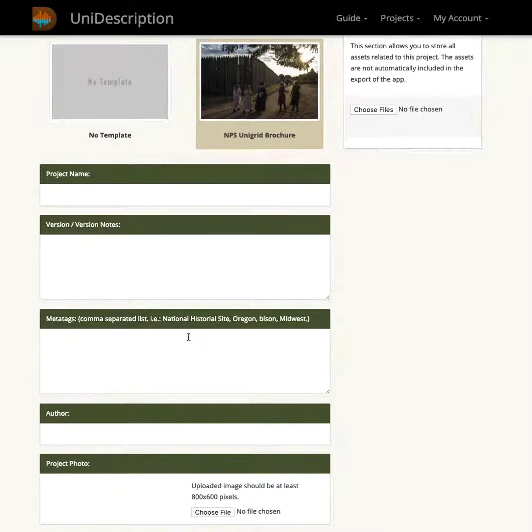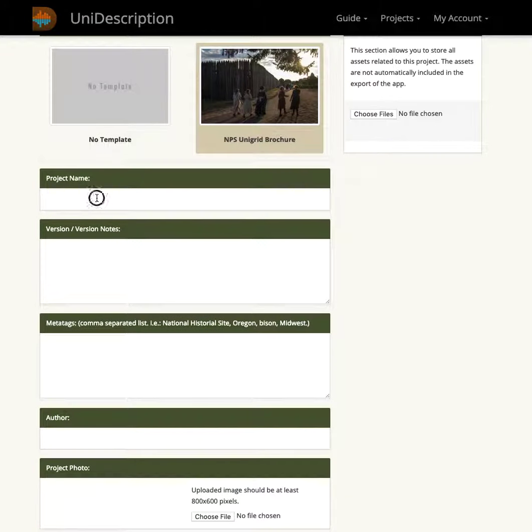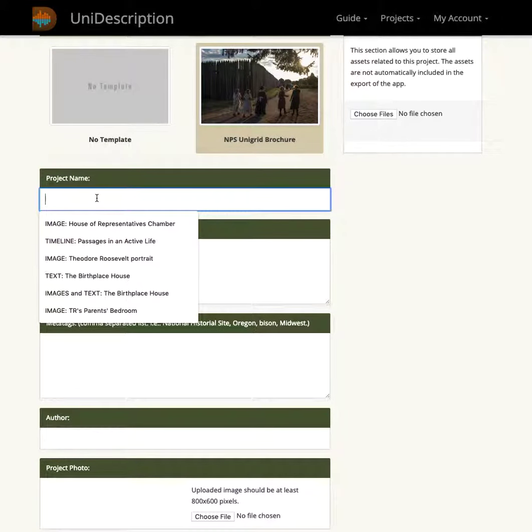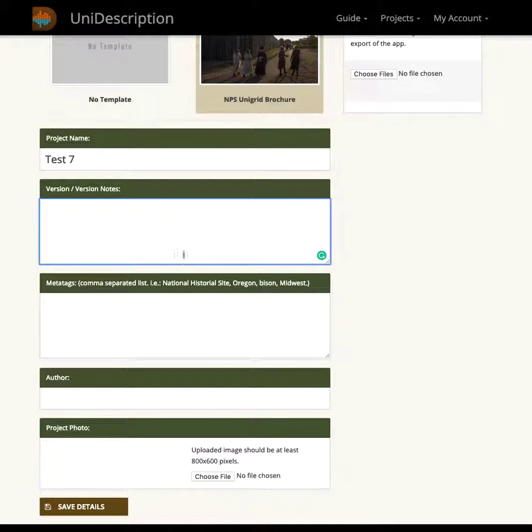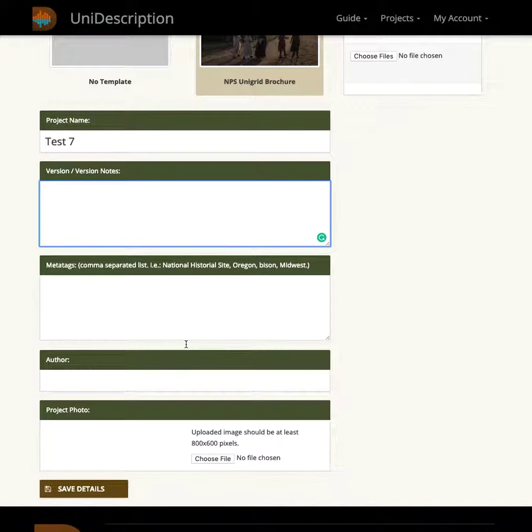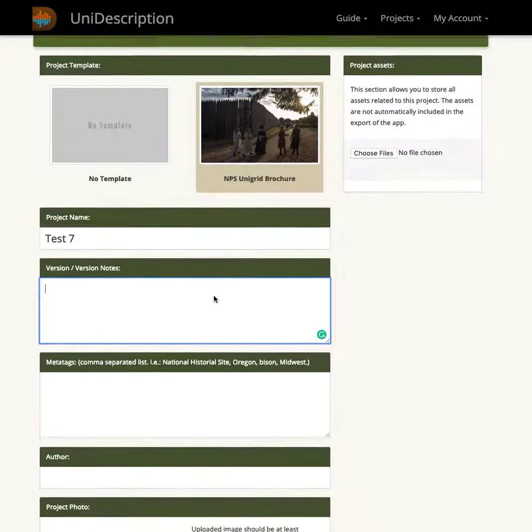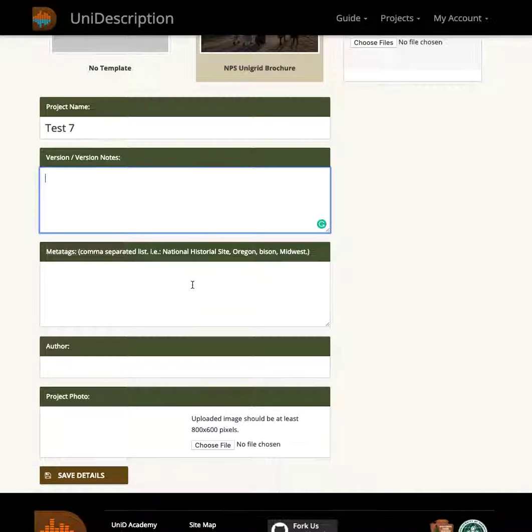the brochure description. The most important thing to do here, I think, is to give your project a name. You can call it whatever you like at this point and change it later, coming back to this. The other boxes, version notes, meta tags, author, those are all back-end, behind-the-scenes note-taking boxes